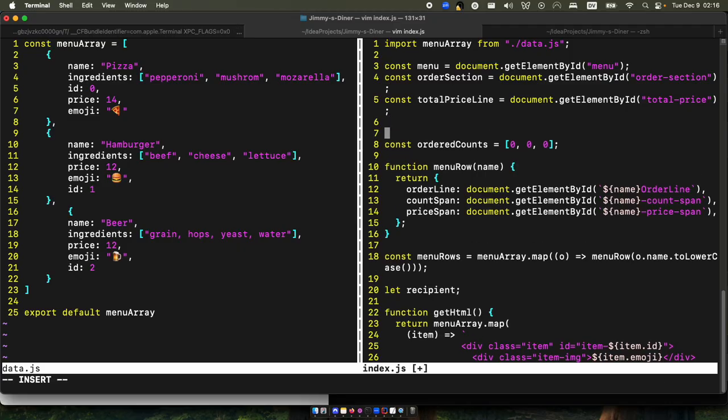So what we're going to do is define a new data structure, which is going to be a combination of the immutable properties of the menu item, which come from data.js, the display elements associated with the menu item, which are from index.html, and the transient state, which is this thing, ordered counts, where the user is updating that every page. So what I'm going to call that is